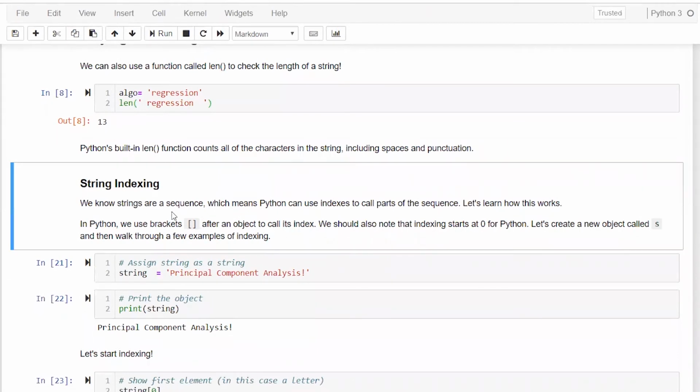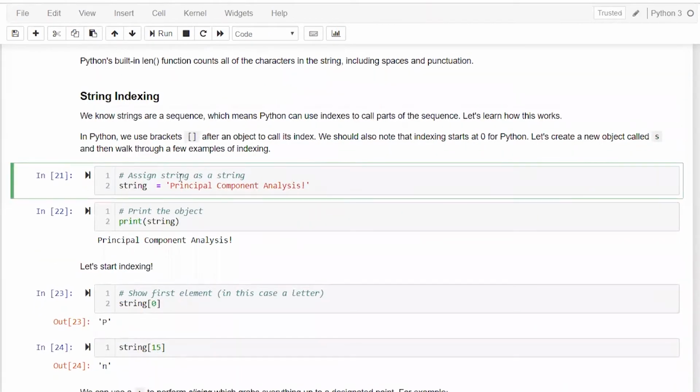So today let's talk more about string indexing. As you are familiar, a string contains a sequence of objects, a sequence of characters, for example this string, which is principal component analysis followed by an exclamation mark. P is the first letter, then it also has spaces, small alphabets, big alphabets.